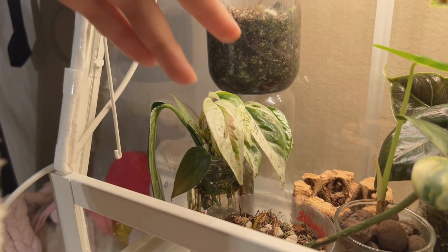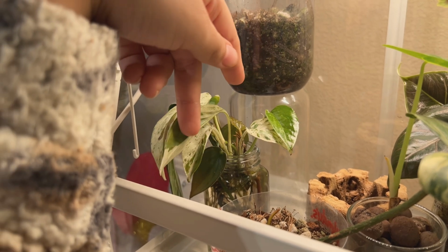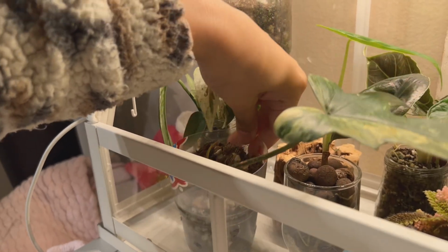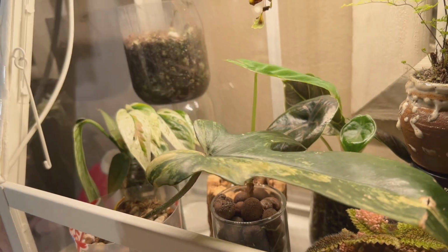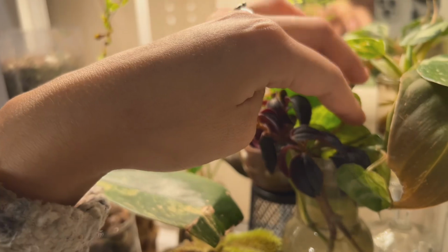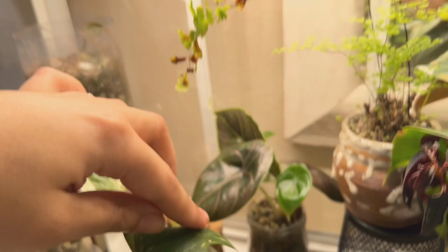And then in here, again, like I said before, I have most of my propagations. So I have a begonia in here, my epipremnum, my Burl Marks Fantasy, and then this is another cutting for a friend, and this is also a friend's. And so I just have a lot of things that are rehabbing or propagating in here. I have my variegated heteroecium, which has been rooting up in there,